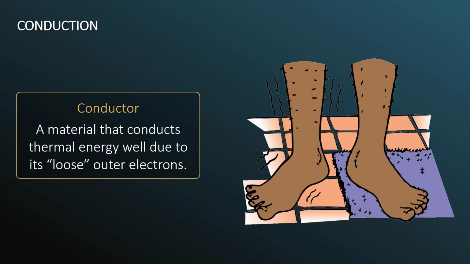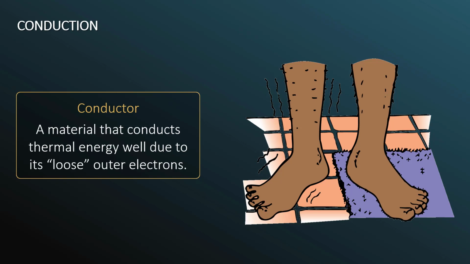The tile floor feels cold to the bare feet, while the carpet, which is at the same temperature, feels warm. This is because tile is a better conductor than carpet, so it more readily transfers energy from your feet into itself. The bodily sensations of hot and cold, as I mentioned already, are more accurately sensations communicating to us how quickly we are losing energy to our surroundings. So a good conductor conducts heat, obviously by the name.